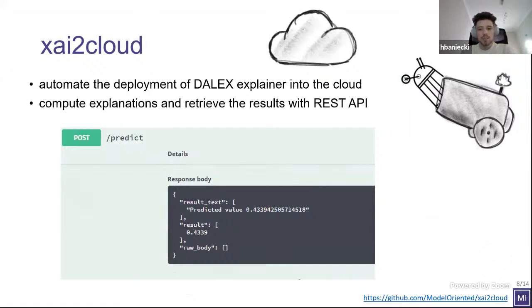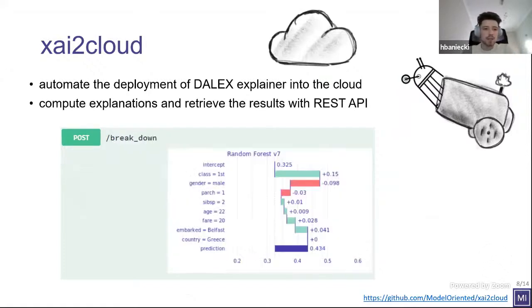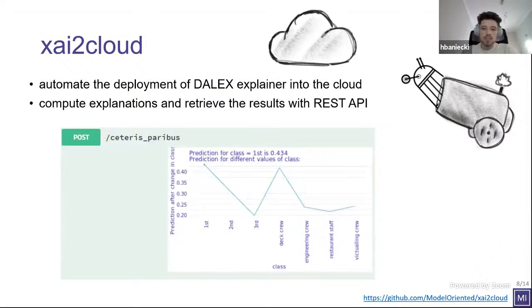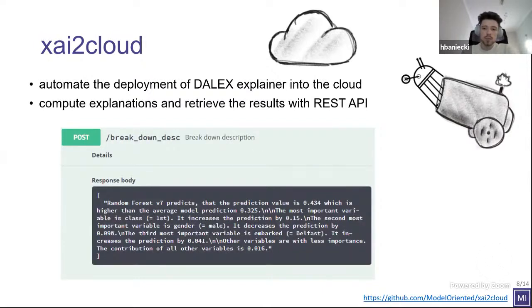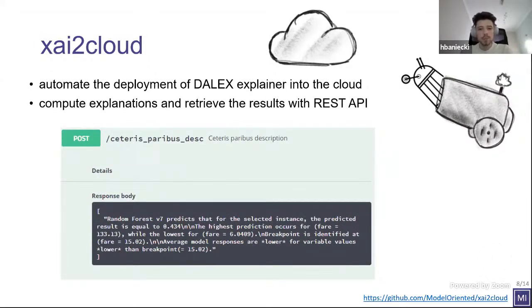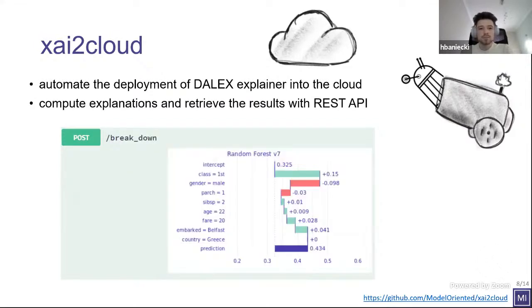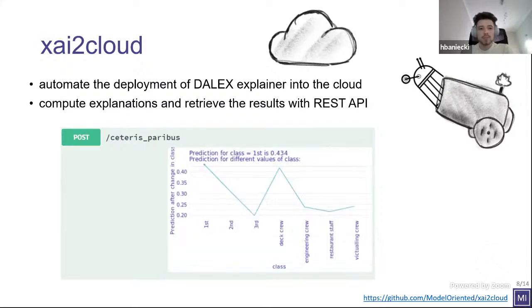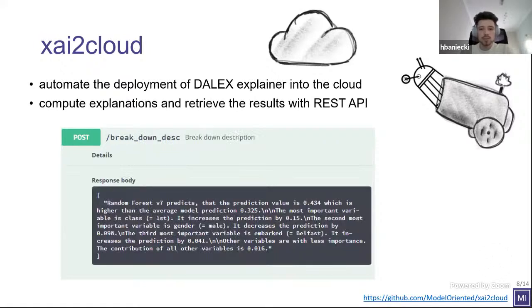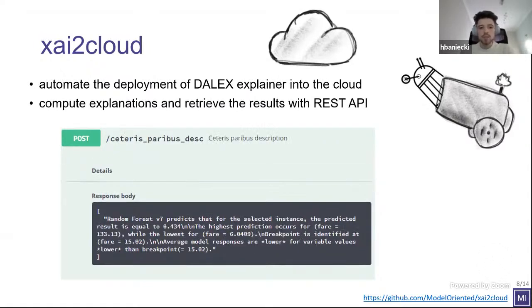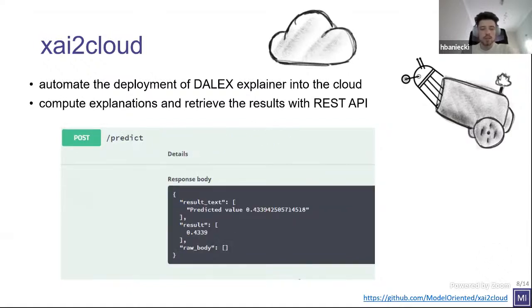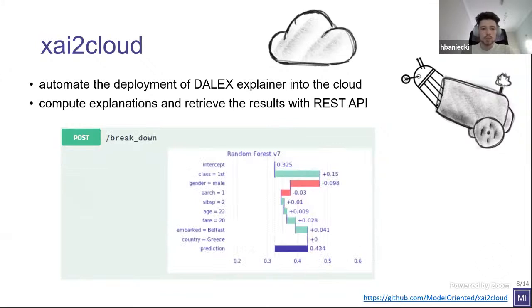So the more niche package, but quite exciting for me, is the XAI to Cloud R package. It basically automates the process of deploying model explainers into the cloud. So if you are someone like me who never came around to learning any cloud tools, this package is really for you. What we have done is that you can easily deploy the explainer object from the DALEX package into DigitalOcean's cloud, and then you are presented with a REST API for this explainer, and you can compute model explanations in the cloud and just retrieve the results,